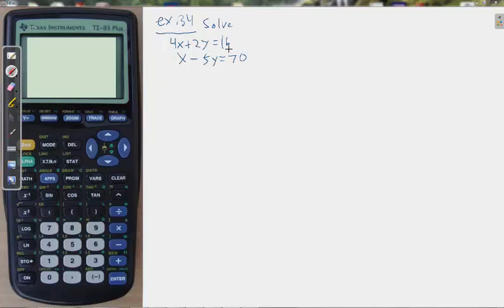We have 4x plus 2y equals 16, x minus 5y equals 70. Now the instruction in solving a system was to solve one of the equations for a variable. You usually just solve for whichever one looks easiest. It looks really easy to solve for x in the second one, so that's what I'll do. x equals 5y plus 70. I'm going to take that,